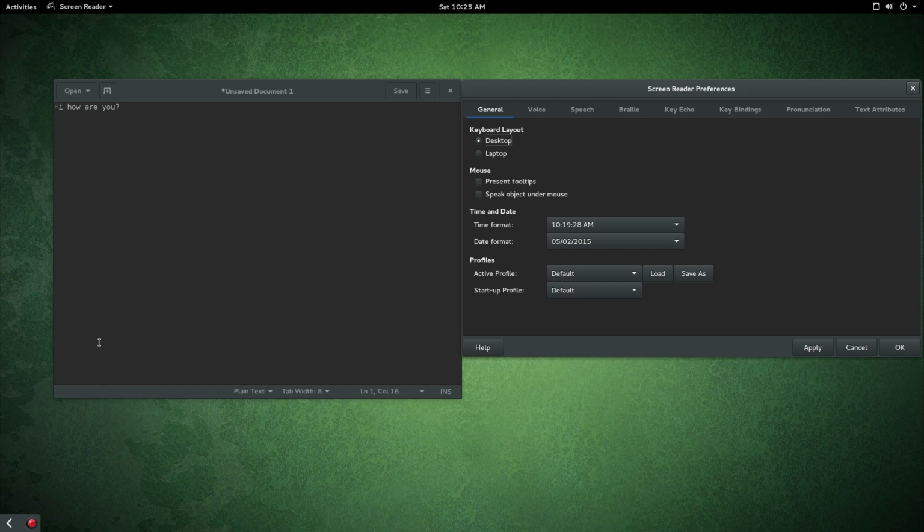let's also make note of how to simulate left and right mouse buttons. Mouse, not selected, selected desktop. Keyboard layout, general, voice, speech, braille, key echo, key bindings, pronunciation, text attributes. So you notice I'm at the top of the window, and this is a tab window. If we want to cycle through these elements for navigational purposes, we would use the word navigation. Voice, speech, braille, general, voice. So there is voice, and to